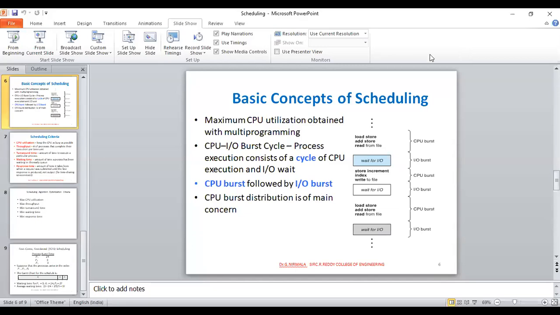Okay, with this, stop today. Any doubts?